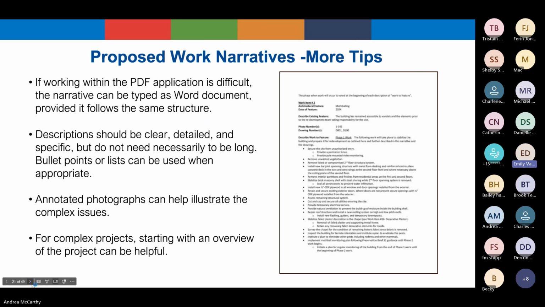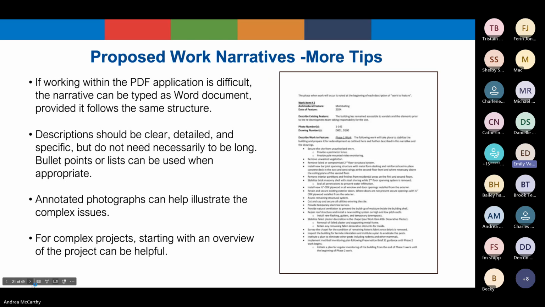Bullet points can also be useful for organizing longer work descriptions rather than paragraphs, to break the scope up into more manageable chunks. The example at the right uses both of these strategies. The work item still includes all of the same components, including the item number, title, date of feature, description of current condition, and listing of relevant photos and drawings. And the lengthy work description has been formatted as a bulleted list, including annotated photographs in which specific areas of the photos are notated, highlighted, or circled,